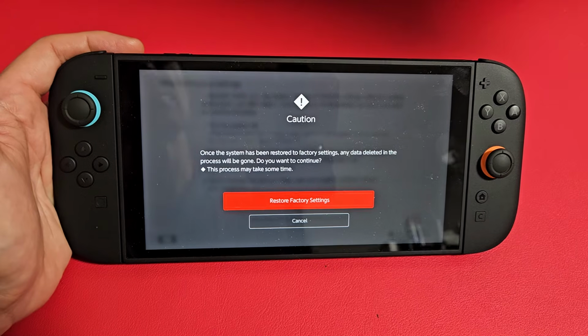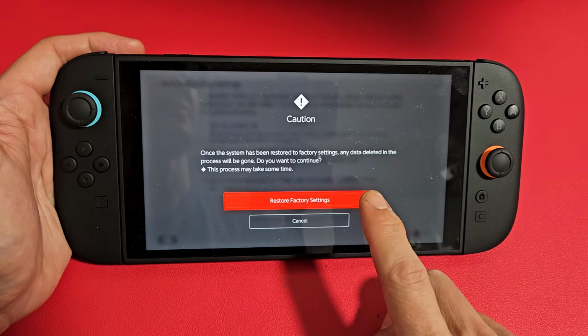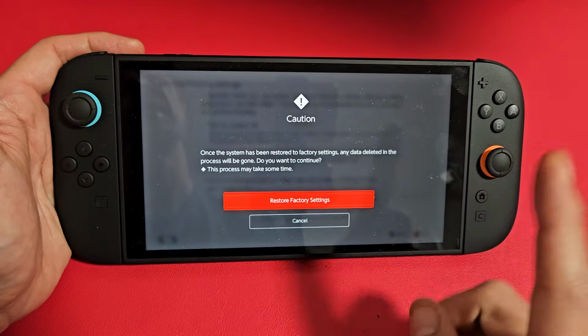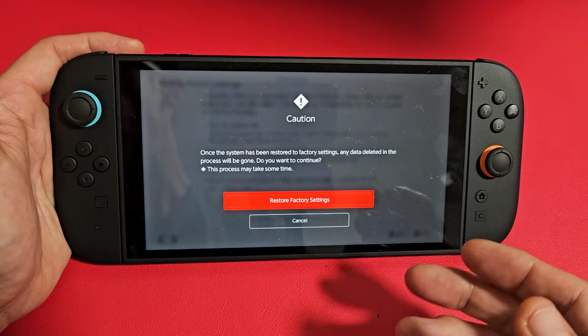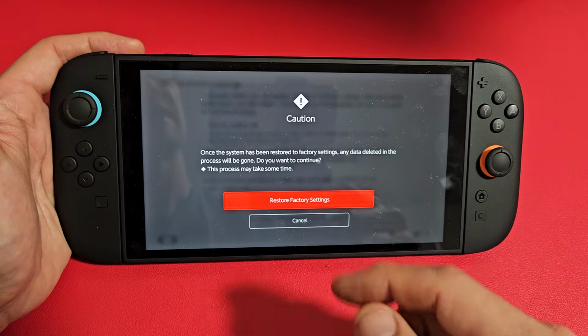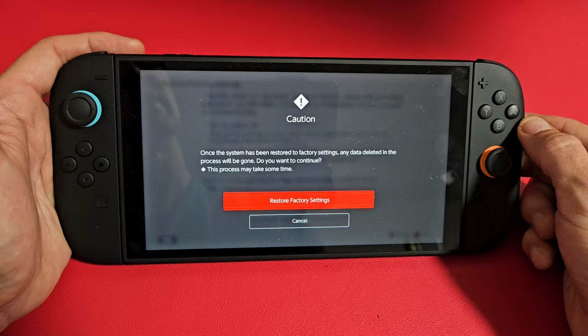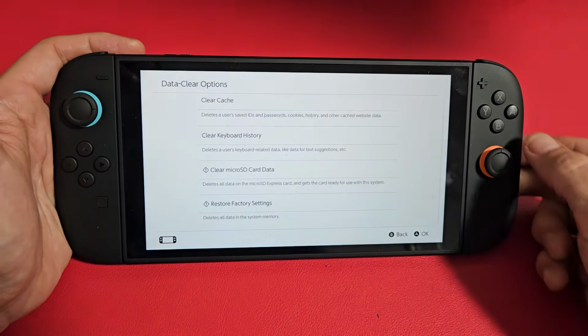This is the Nintendo Switch 2. I'm going to show you how to perform a factory reset. There's two ways to do a factory reset. One way is you can boot up into the recovery mode and factory reset from there. And the other way is if you go ahead and just log in,